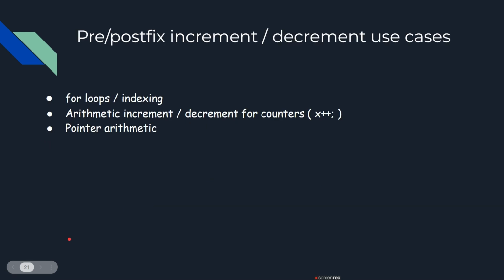The use cases of pre/postfix increment and decrement are several. You will usually see these in C programs in for loops and indexing. Whether it's indexing a buffer, an array, or we're using it as one of the parameters for the for loop, we'll usually see some sort of increment or decrement per the iterations that we do in the for loop. We would also use these for arithmetic increment/decrement for counters. For example, say you want to keep track of the number of times you enter a function. You can keep a running tally or running counter that will count how many times the function has been entered